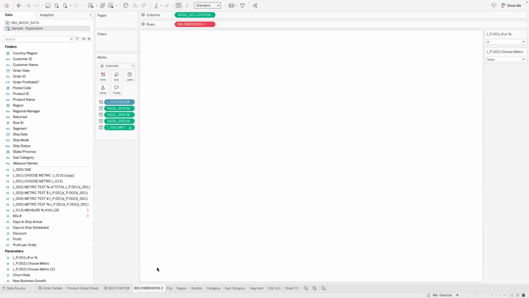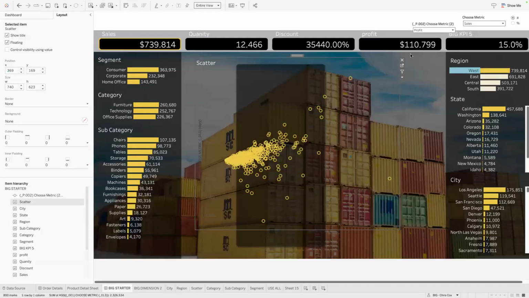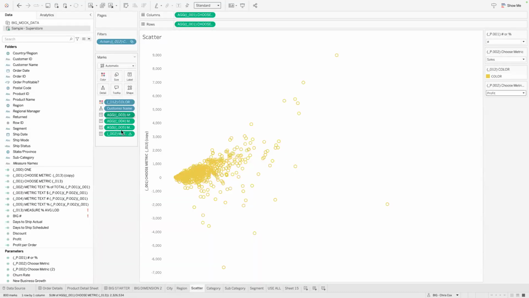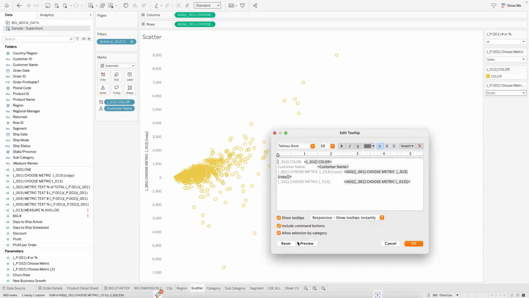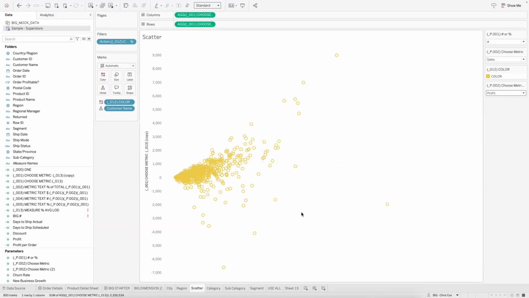All right. So now you have the ability to say, okay, I want to look at sales on one side, and then your profit on the other. So now let me get rid of all this stuff and just make it nice and neat. And tooltip reset. So that way, there we go.